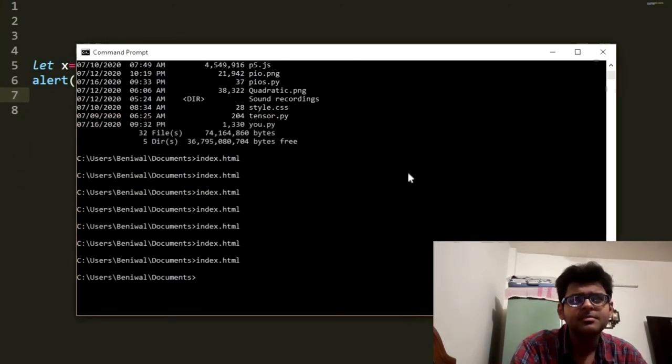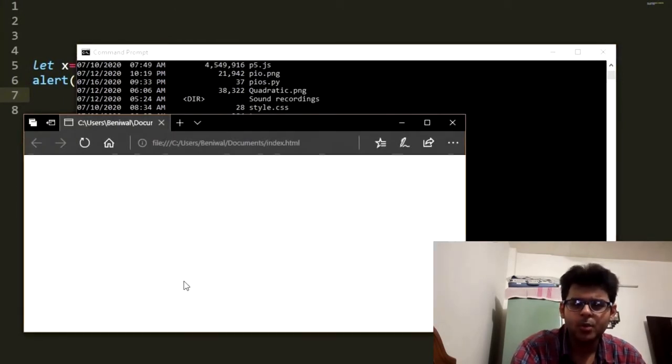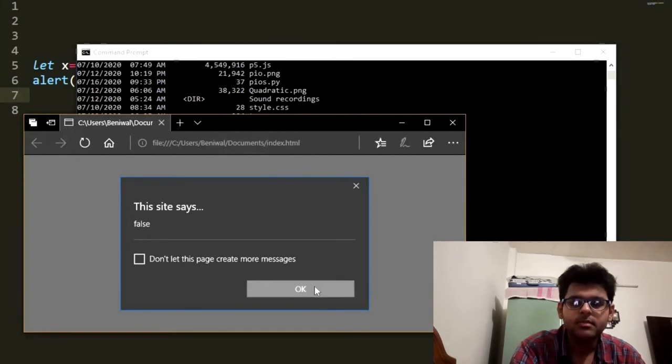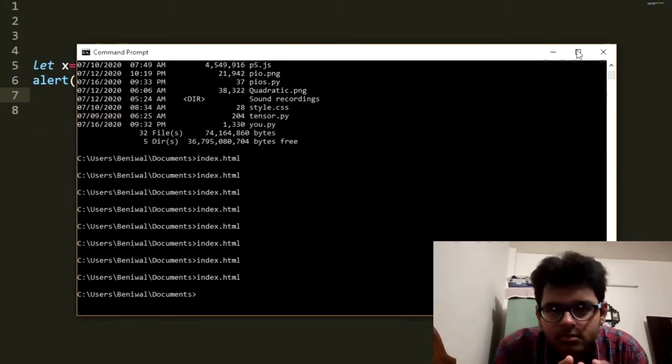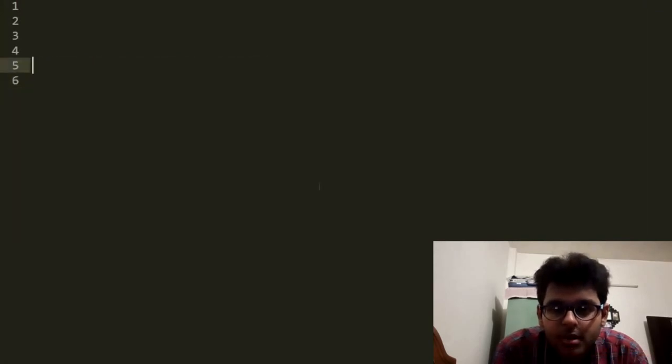But when the user doesn't type 100, in this case it gives false. So this is how the comparison operators are checking.